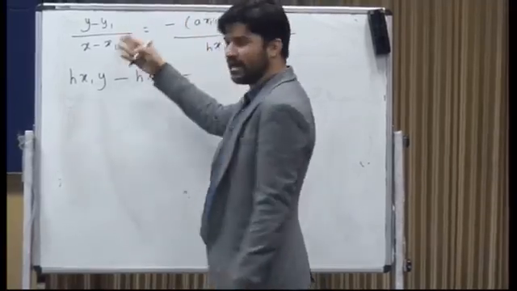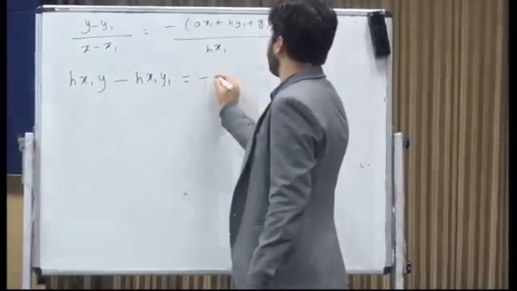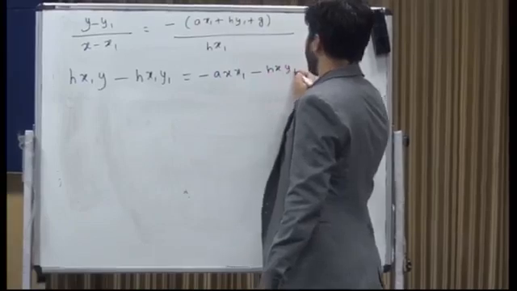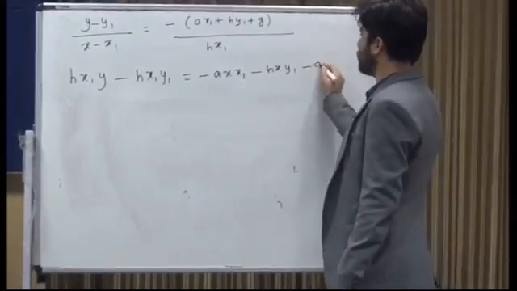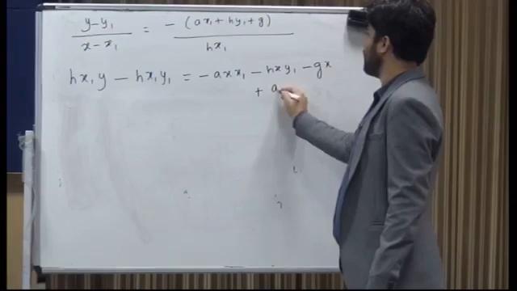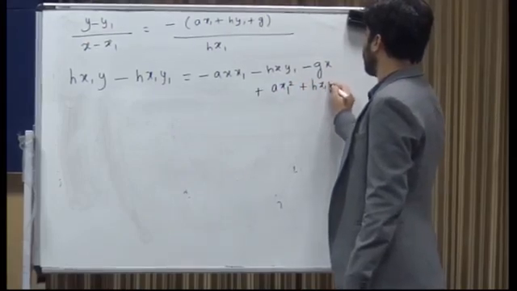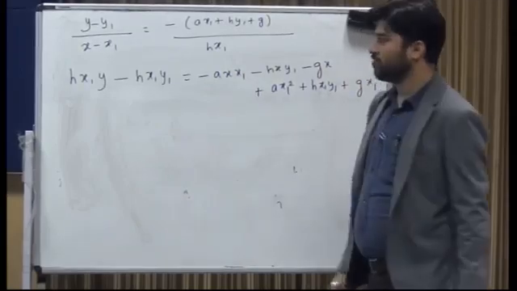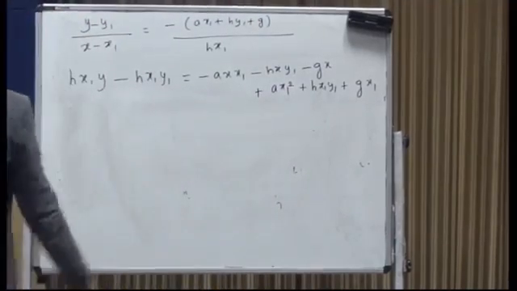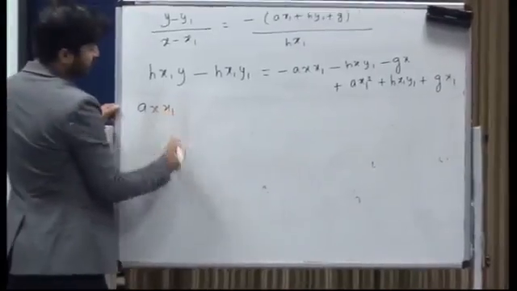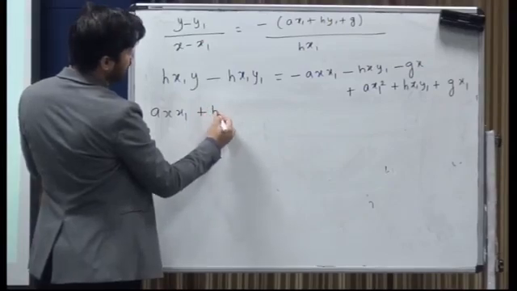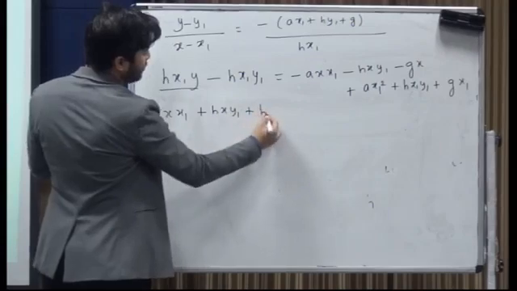Now instead of crossing, आराम से मल्टीप्लाई कर देते हैं, x के साथ पहले सबको मल्टीप्लाई कर देते हैं. माइनस a x x1, माइनस h x y1, माइनस gx, अब ले जाते हैं माइनस x1 को, तो माइनस x1 माइनस प्लस हो चुका है, राइट? सो प्लस ax1 स्क्वायर प्लस h x1 y1 प्लस g x1. एवरीबडी एग्री विथ मी? सारे प्लस को एक तरफ ले जाओ, सारे माइनस को एक तरफ. सो ये आ गया ax x1, फिर आ गया h x y1,